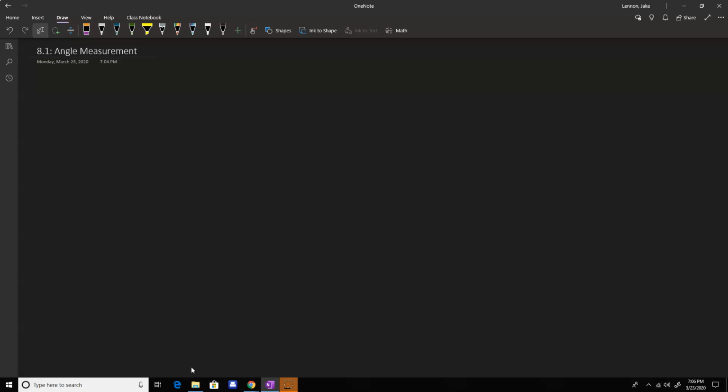So let's first start by talking about 8.1. So 8.1 talks about angle measurement. So angle is a pretty naive concept. I'm sure most of you are familiar with it, but an angle